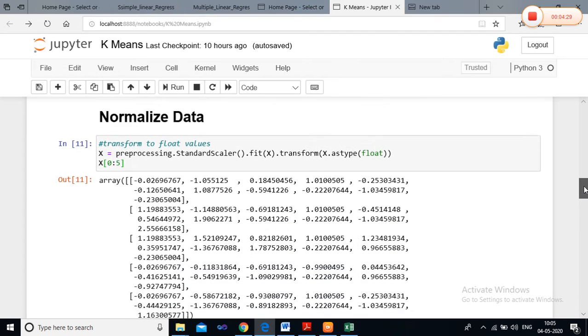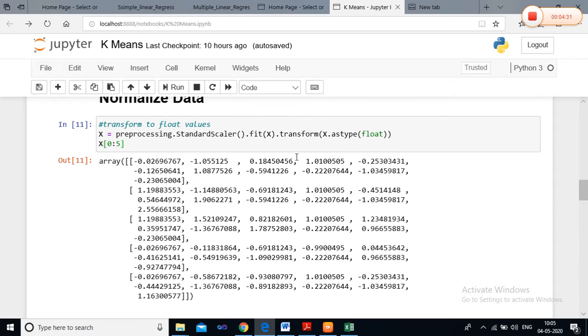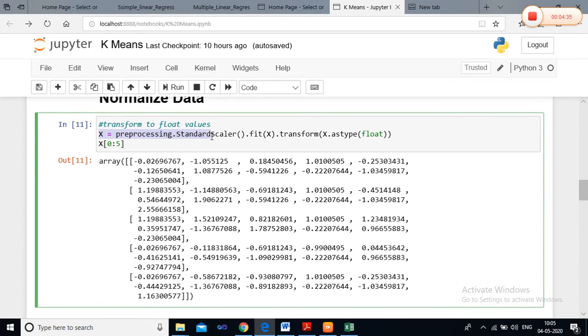After this we have normalized the data, and this is possible using the function preprocessing dot StandardScaler dot fit transform x dot astype float.